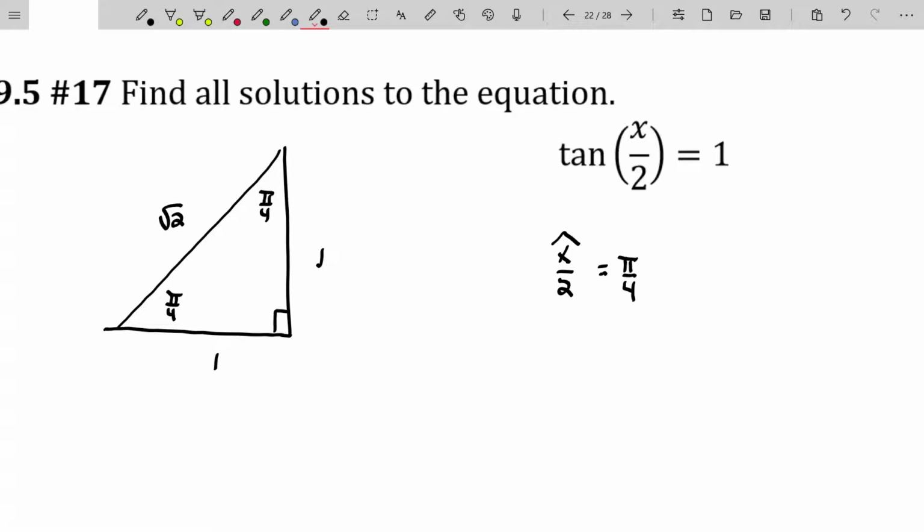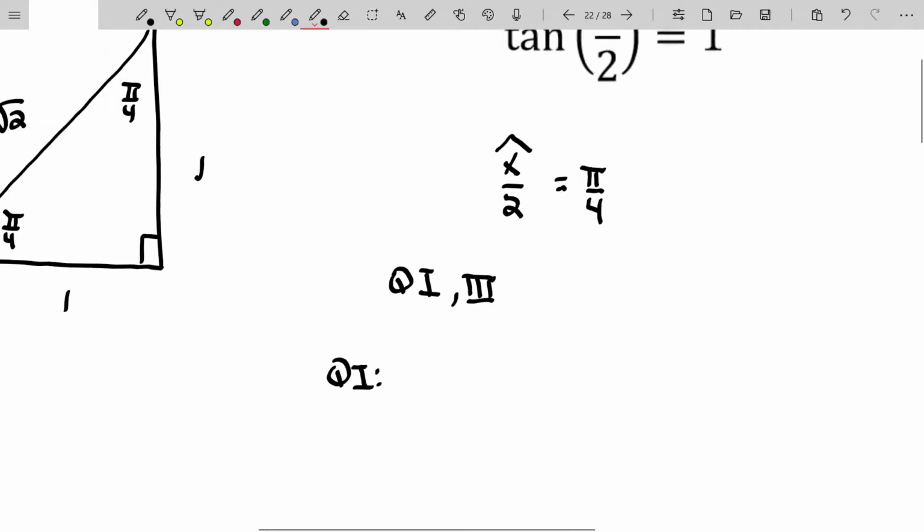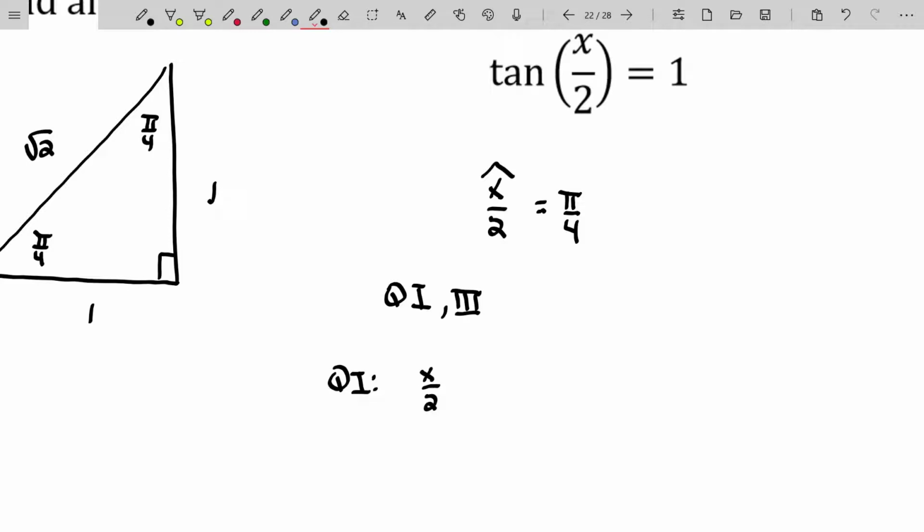And then I just consider what quadrants tangent is positive in. Well, tangent is positive in quadrant 1 and quadrant 3. Now, the interesting thing about tangent is it's pi periodic. And so often when dealing with tangents, you can compress their solutions down into a single solution. You're going to see that here. So quadrant 1, our solution would be, well, our angle is not x, it's x over 2. We have a reference angle of pi over 4. And then we're in quadrant 1. Now, I'm not going to say plus 2 pi k because tangent is pi periodic. So I don't need to say plus 2 pi k. It's just plus pi k because every pi, it ends up